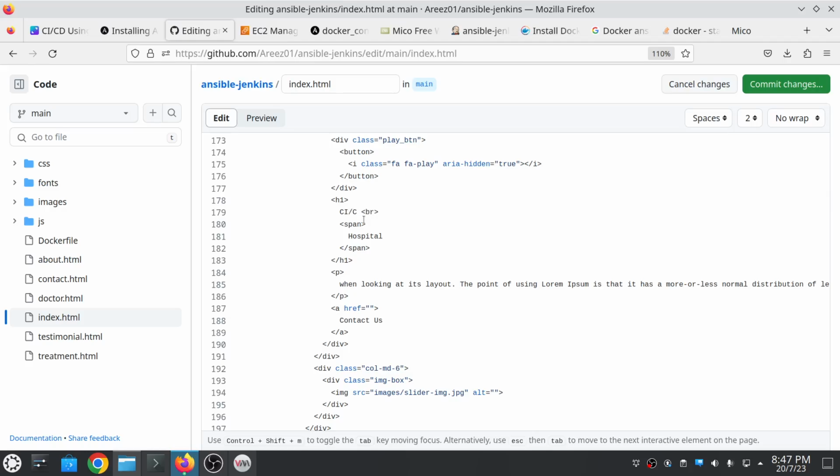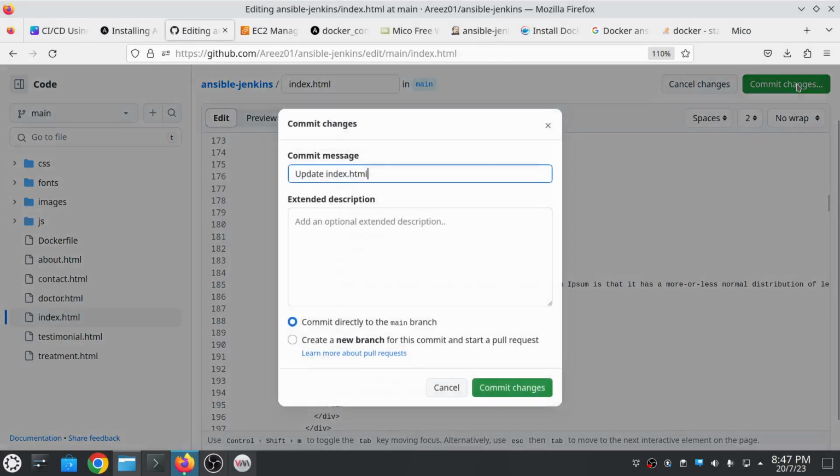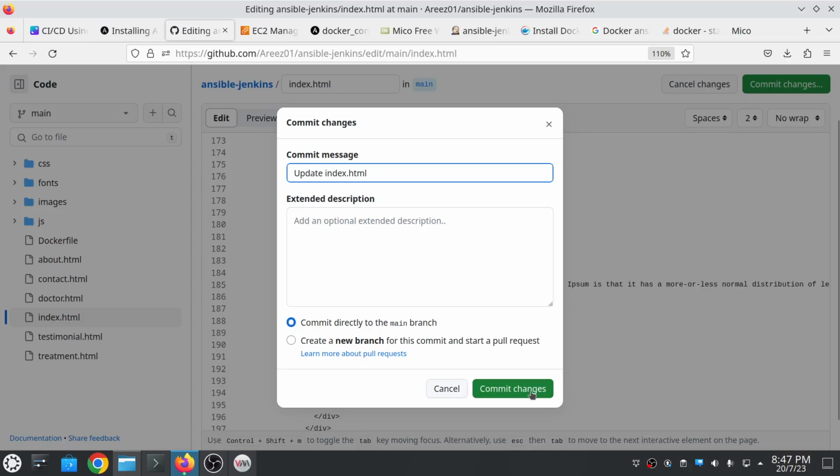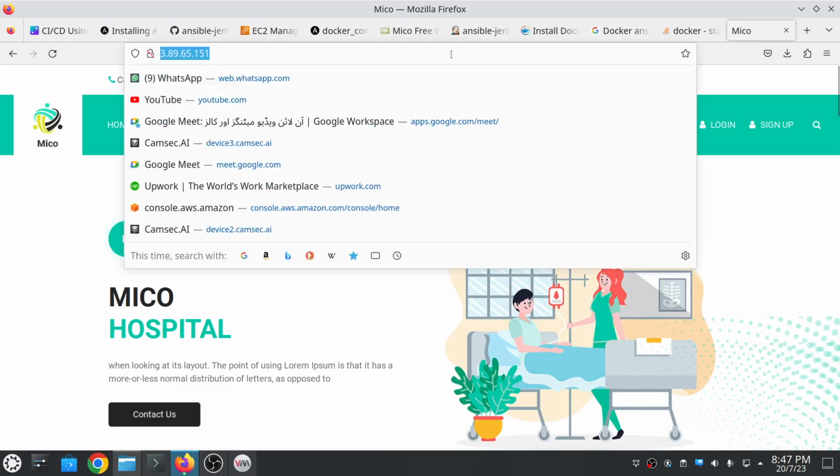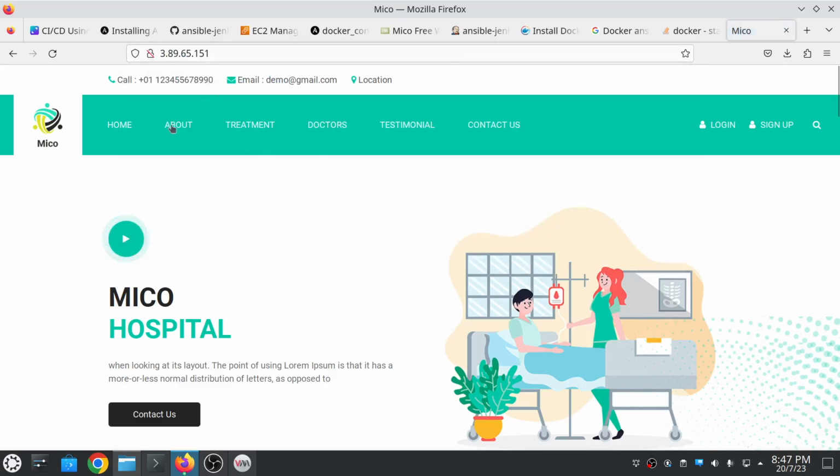So let's just change it to CI/CD pipeline and then commit the changes. Okay, so now if we refresh the page,